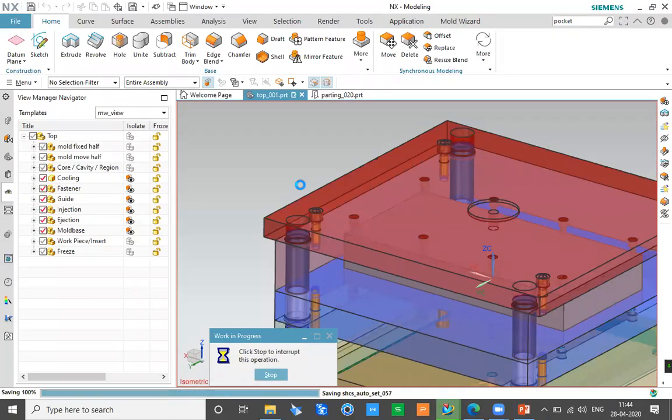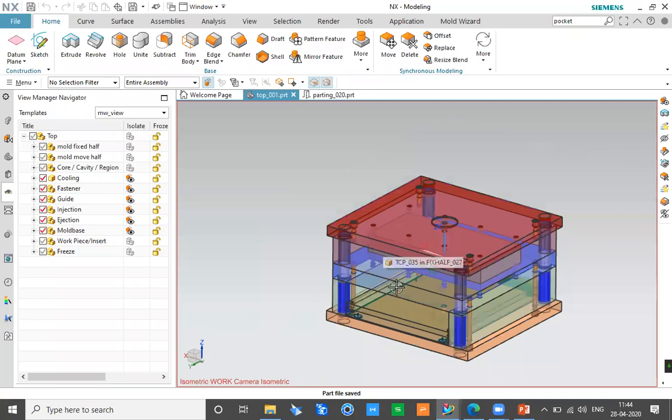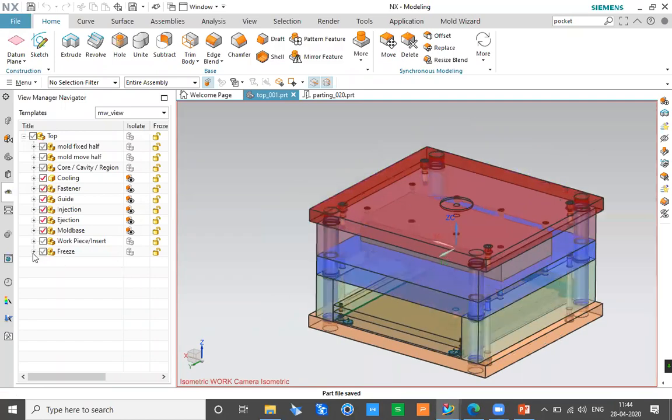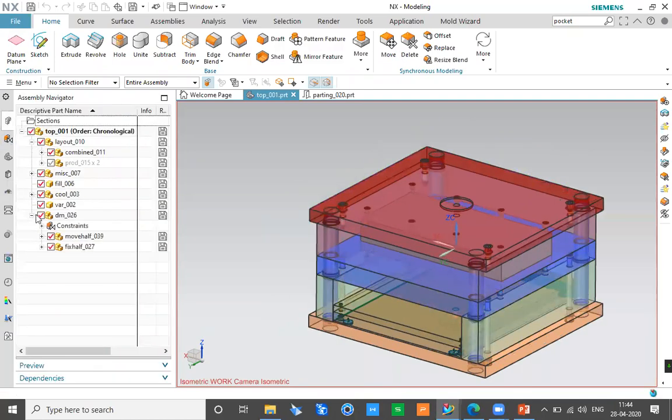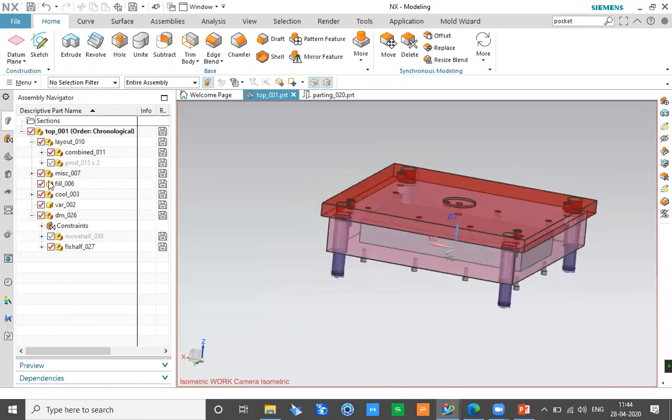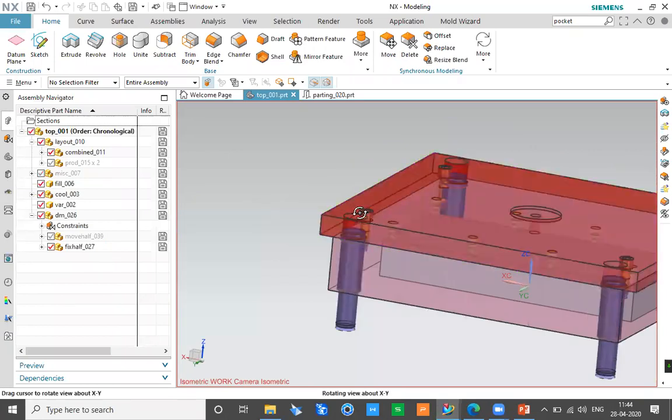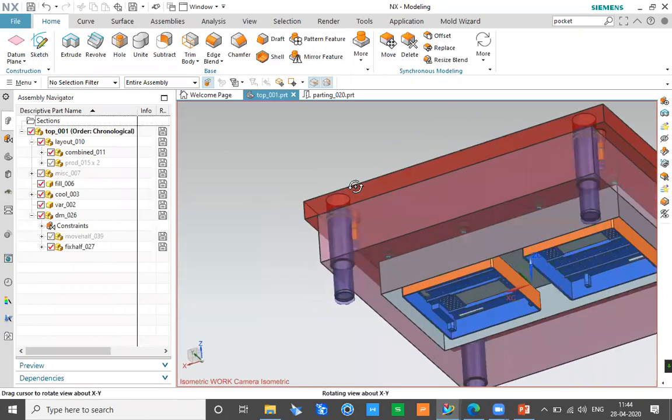Now, in order to create those components, first of all, for the screw bush and locating ring, I don't need to see various information. I don't have to see the lower part of the mold, so I can simply hide it. For example, I can go back to my mold base and say I don't want to see the moving half, so I simply hide it. I also don't want to see the bolts, so I can reduce the graphical weight on the screen. And now I can decide to actually create.